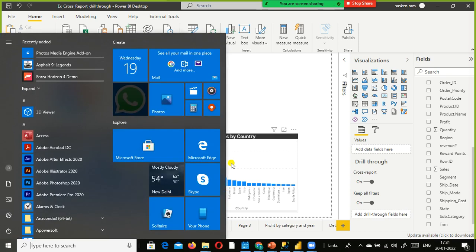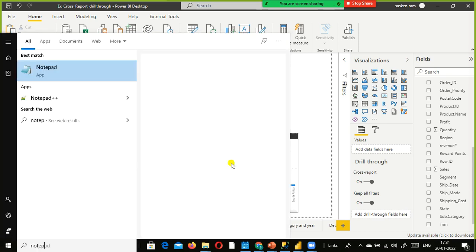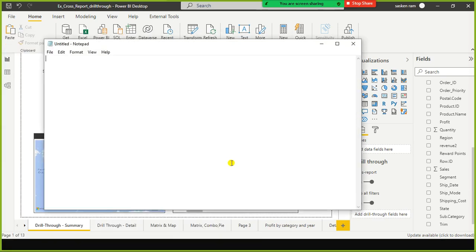Three steps to create drill through. Okay, these are the steps. First, create a summary page, a summary kind of page. Next one is the detail page. In the detail page,